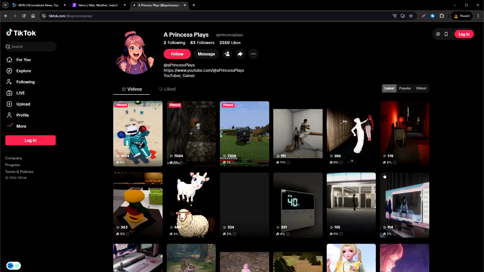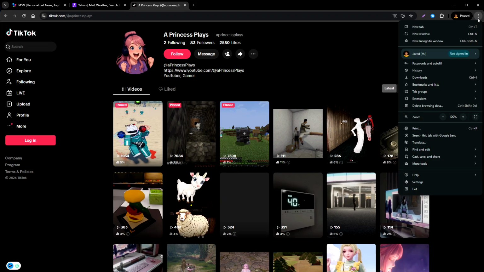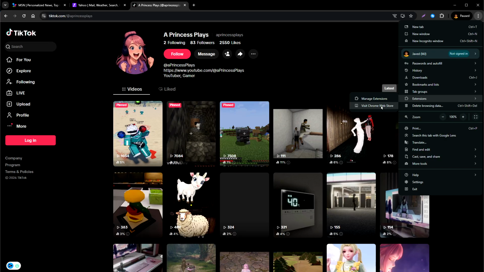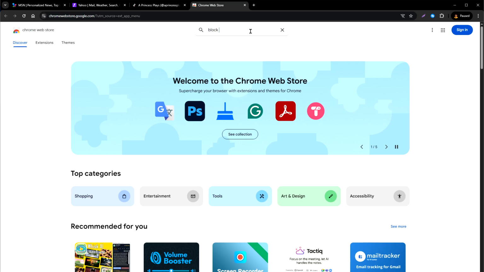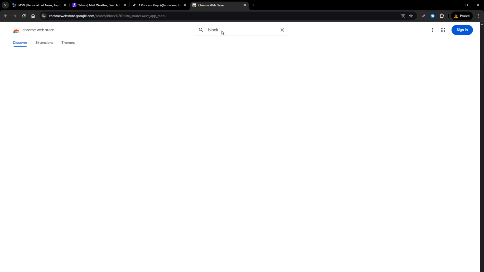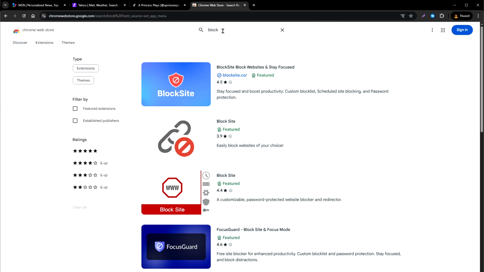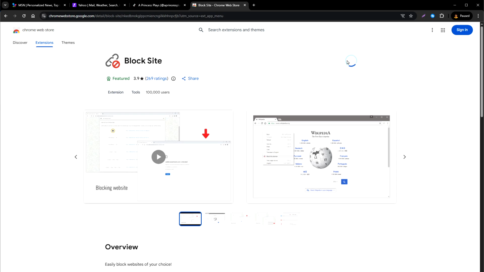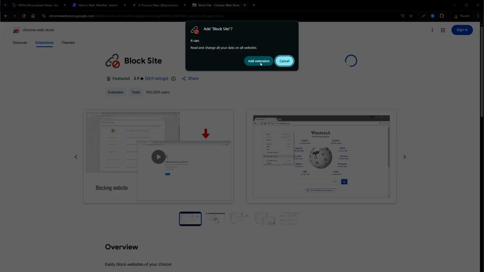So to block websites, go to Chrome Web Store. Press the three dots from the top right, hover over extensions and select Visit Chrome Web Store. Here, search "block". Now there are many extensions that can do the same. Let's try the Block Site extension, this extension. Add to Chrome, add extension,